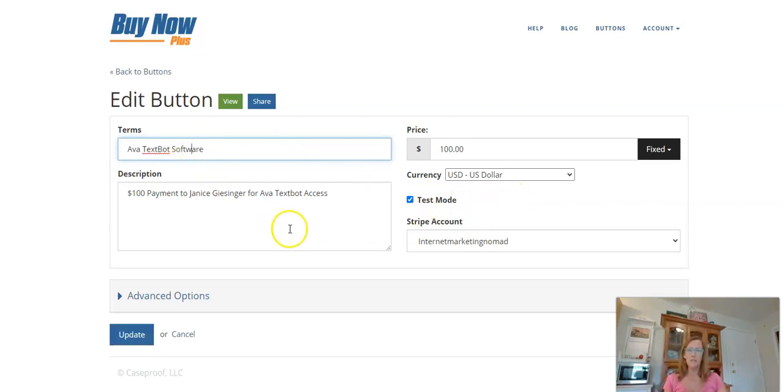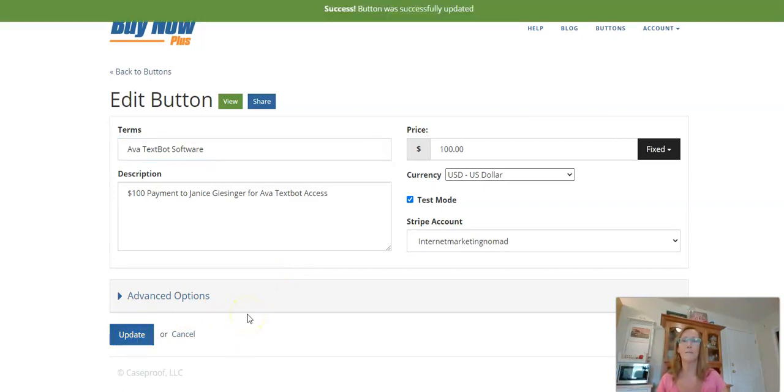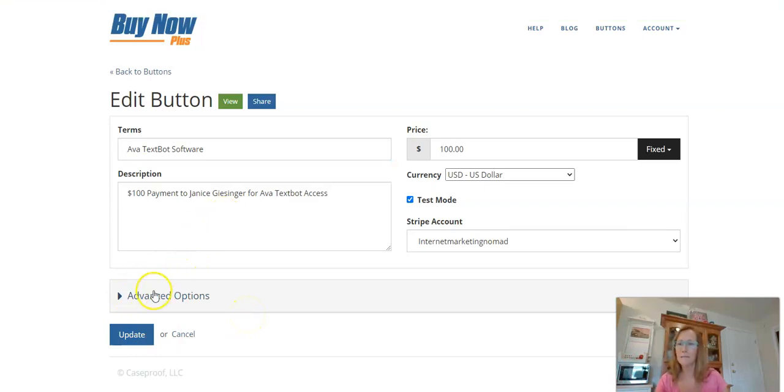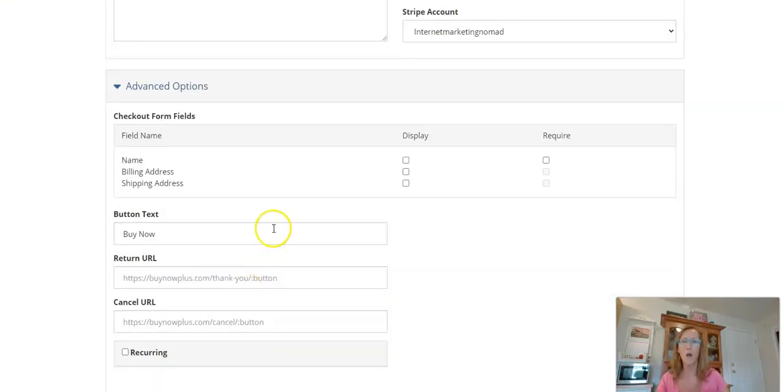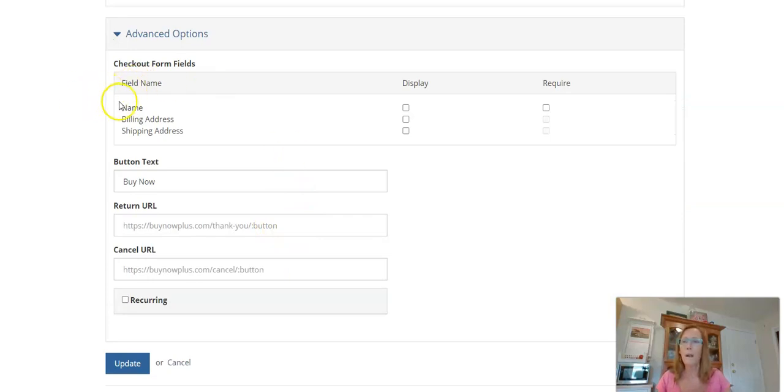There's something else you can do. After people click the link that you've created for this, you can have your checkout page send them automatically wherever you want to send them. So I updated it with my mistake, but I'm going to click on advanced options here. So when I make my checkout pages,